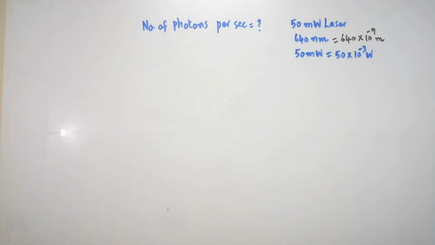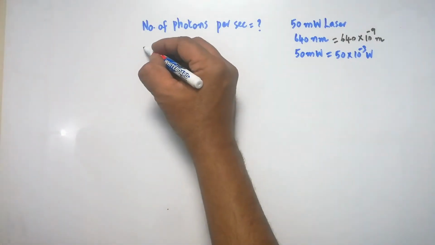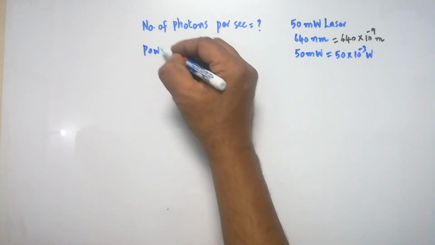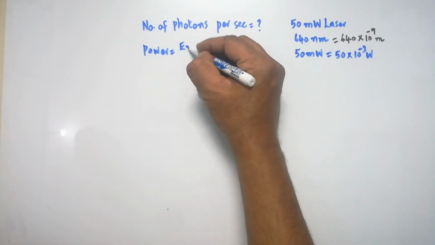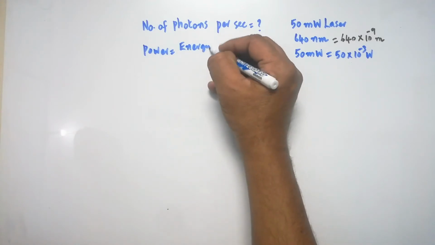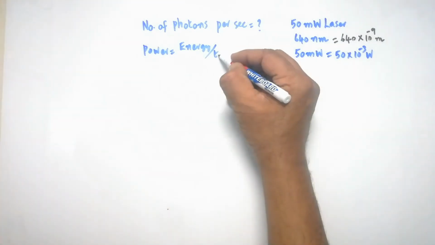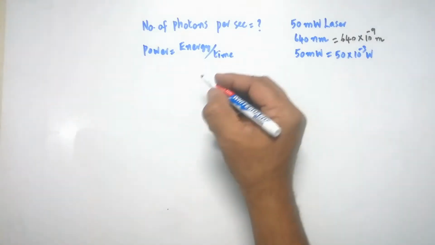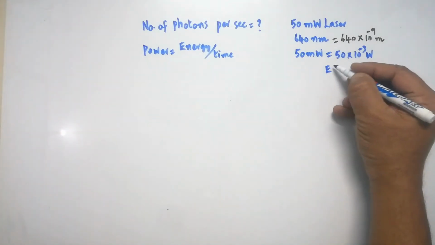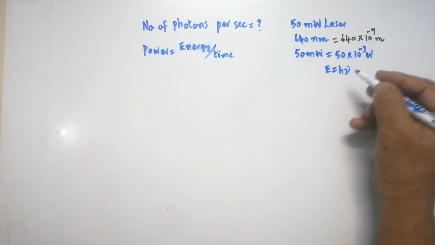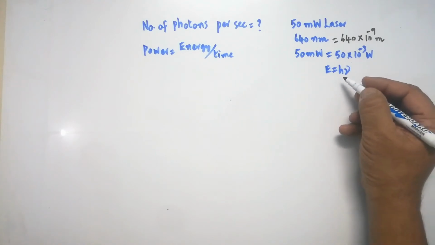Here, to solve the problem, certain basic formulas are required. You are asked to calculate the number of photons emanated from the lamp per second. So the first important formula is power. Power is equal to, the fundamental formula, work done by time, which can be written as energy per time. Instead of work done I have written energy. Energy of each photon is equal to h nu. This is from quantum theory of light.